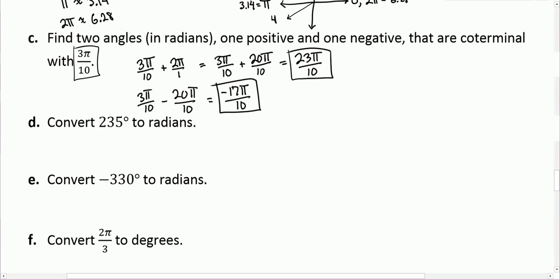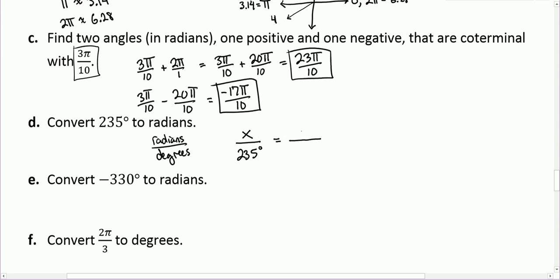For part D, we want to convert 235 degrees to radians. So we can set up a proportion, and I'll do radians to degrees. And so we have 235 radians. Sorry, we have 235 degrees, don't we? We want to find radians. So we don't know our radians. So I'm going to put x for radians, and 235 degrees is equal to, in this next fraction, I'm going to put